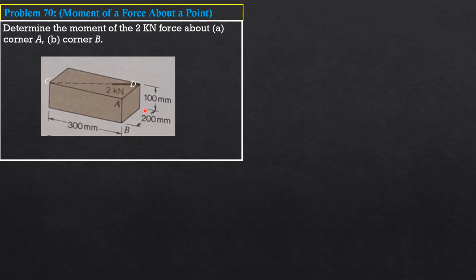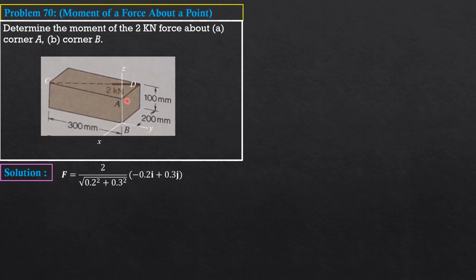So first, by the scalar approach, I will resolve the 2 kilonewton force into its rectangular components. Let's select this as the X, Y, and Z axis for moment at B later. At A, same is true, X, Y, and Z. So F is magnitude over distance. It is directed rightward, 0.3 along Y, then negative 0.2 meter along X. So that's why it is magnitude over distance along X, 0.2 squared, along Y, 0.3 squared,